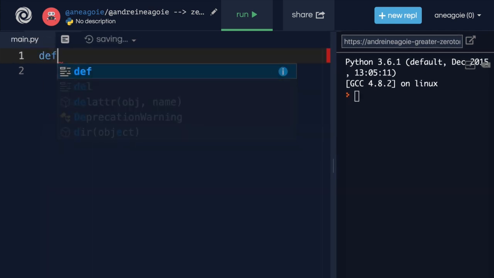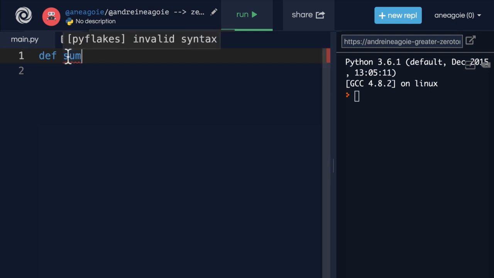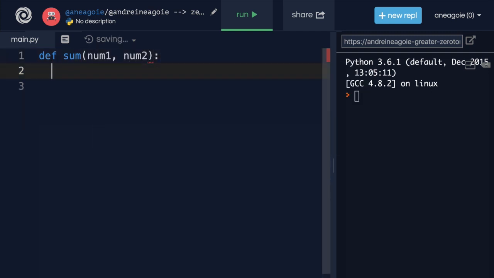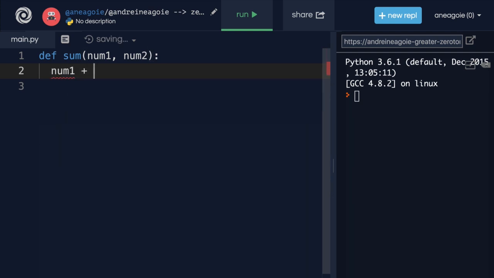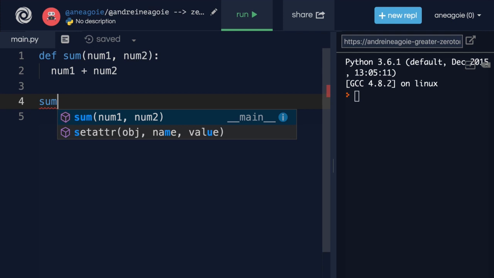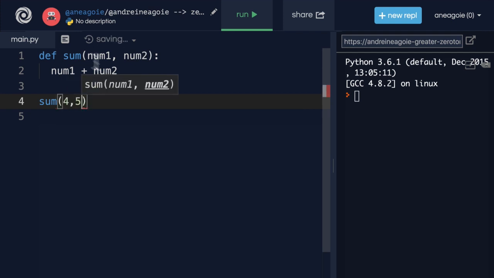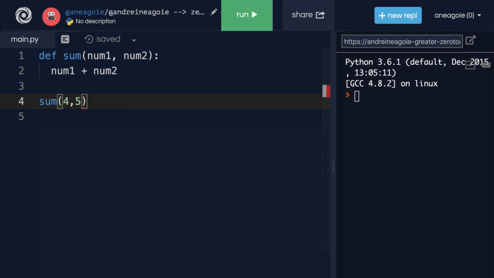Let's say we want to create a function called sum, which, by the way, already exists in Python, but we're going to create our own. I'm going to say num1 for number 1 and num2. Well, our sum function is going to add num1 plus num2. Nice and simple function. Now, if I run sum with number 4 and 5, guess what's about to happen? I'm going to hit run,